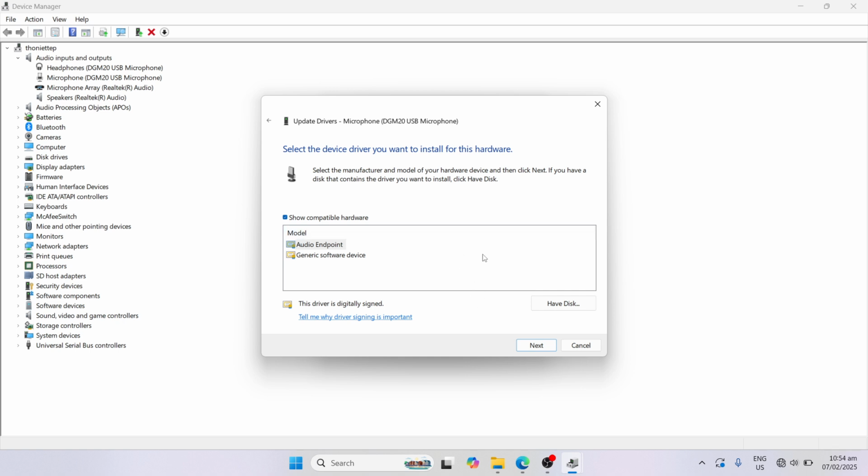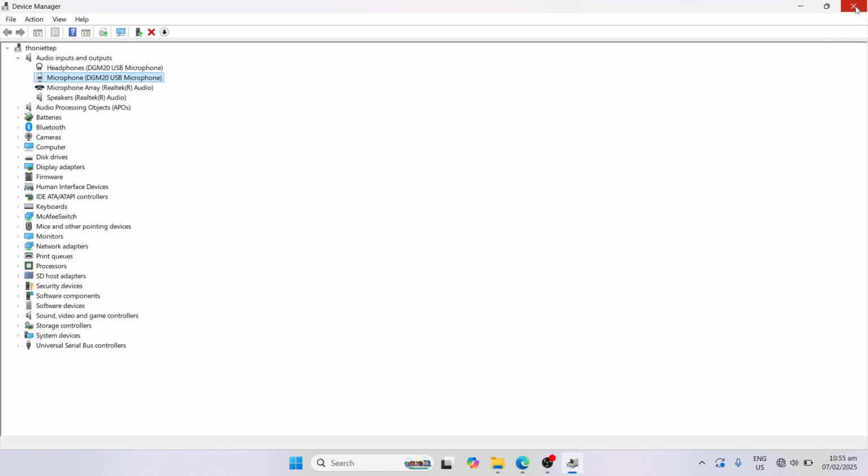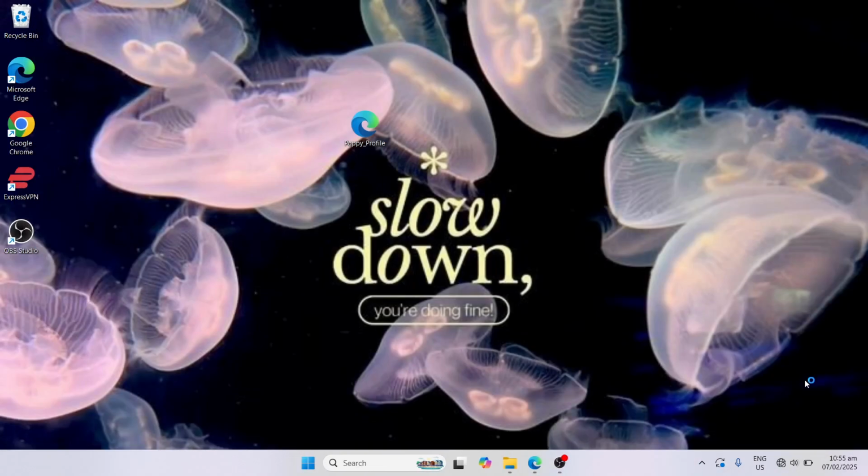And since we are rolling back the driver, you need to try all of these options one by one. Let's say for example, the first option, you need to click on next and check if it works best for you. And let's say if it still doesn't work, then go to the second option and then click on next and check if it's working for you. And let's say if it doesn't, then let's close this and go to the last step, the very important step,